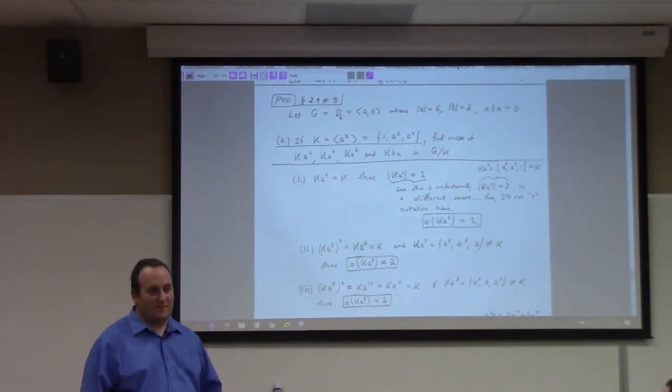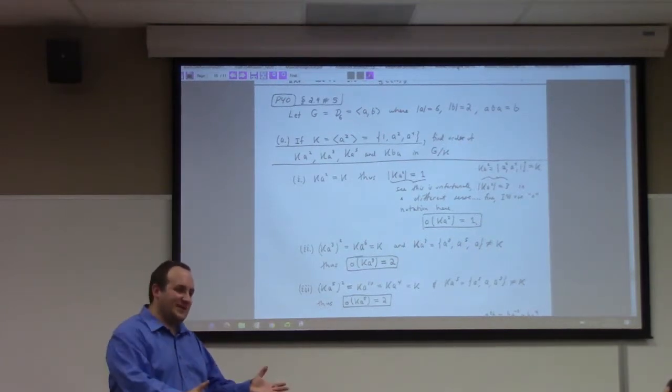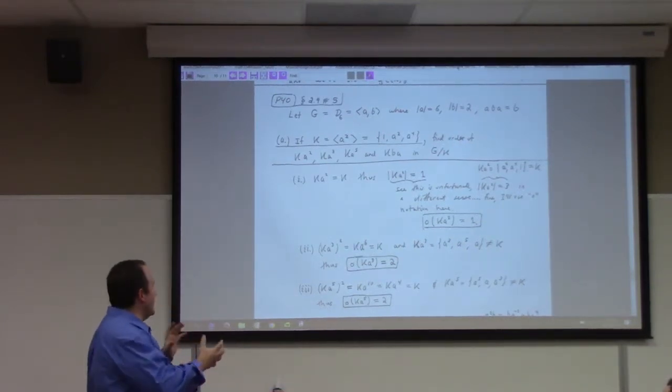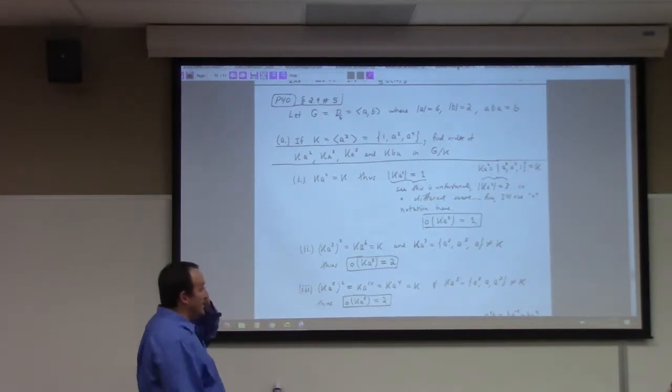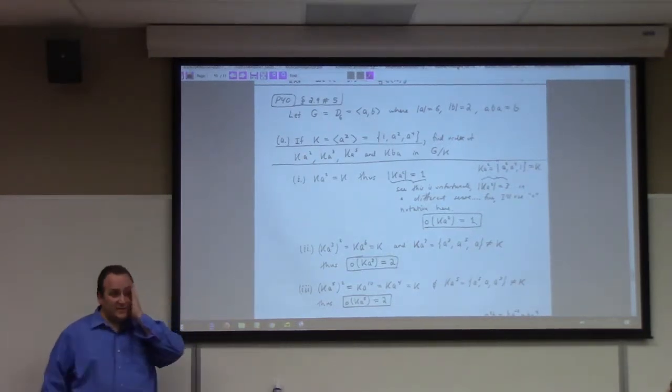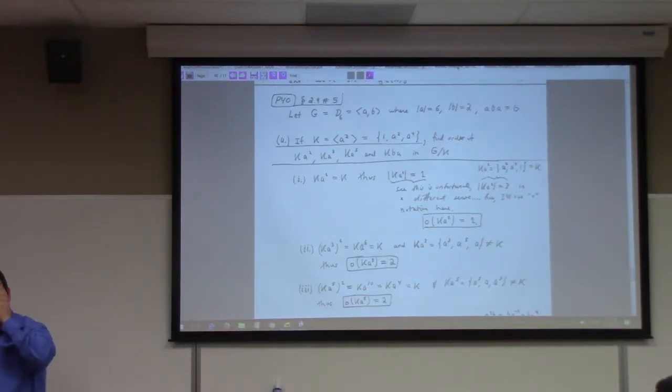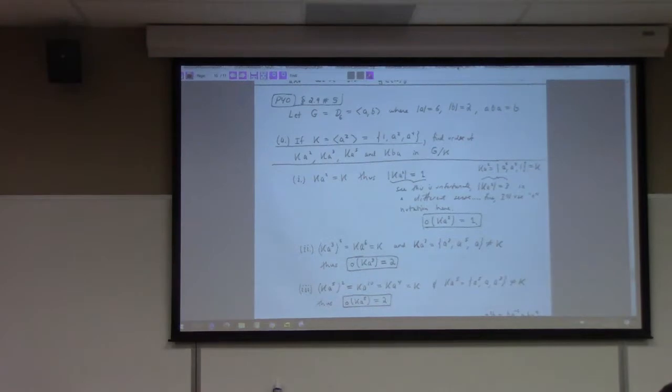I should give several possible values. I don't even know how to start interpreting it. This is ill-defined. It's not right. Again, I can only talk about the factor group when K is actually normal, and this begs the question of looking at calculations in a factor group which does not exist, which means there's one or more typos here. I'm not sure which one's the typo, or if it's just altogether wrong. Anyway, is it important to be able to calculate the order of elements in a factor group? Yes, but it should actually be a factor group.